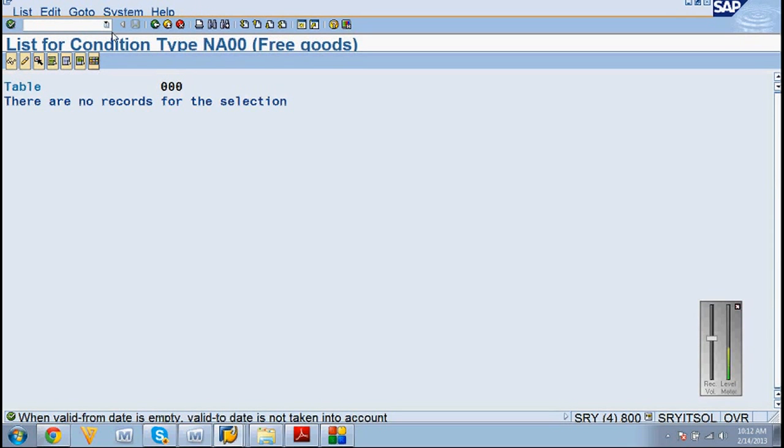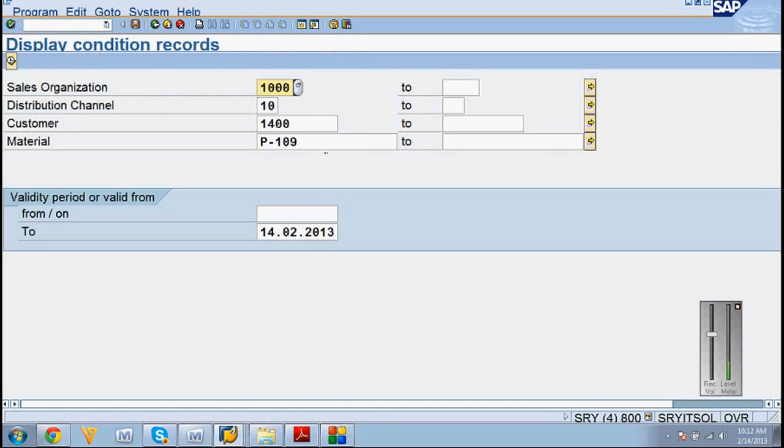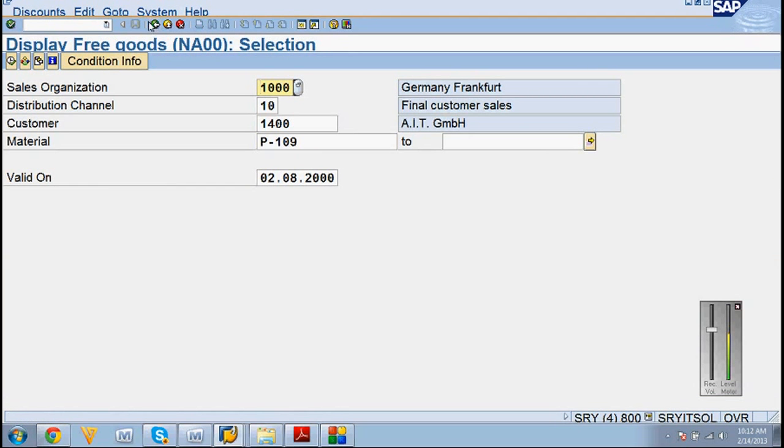So there are no condition records at this moment for this particular one. If you create it, automatically the condition technique will work perfectly. Then what is free goods given in the general condition record? It will not follow the determination model. It is quantity based free goods. That is, based on the quantity it will take a decision. But here the condition technique will